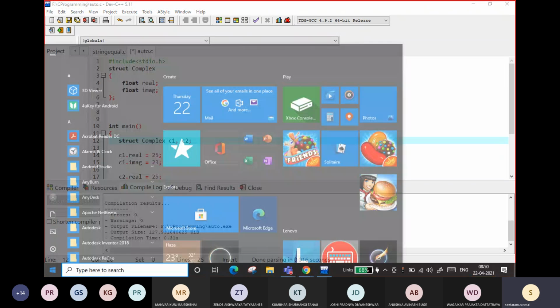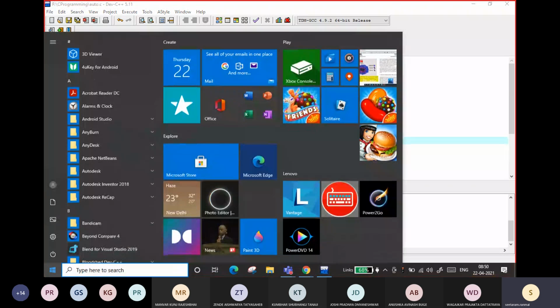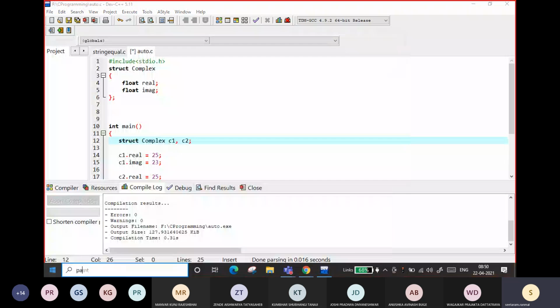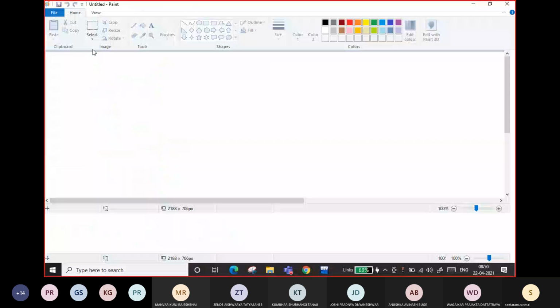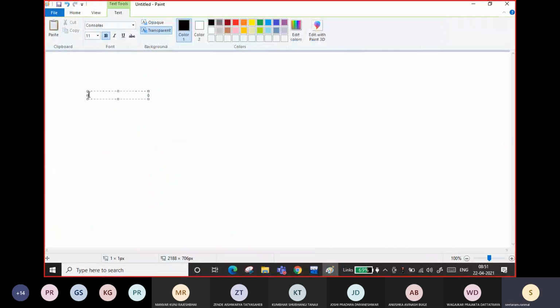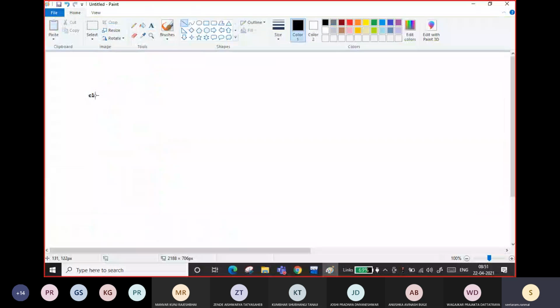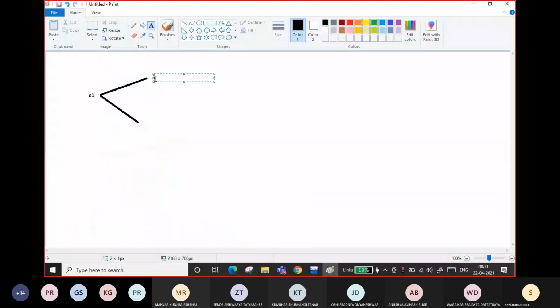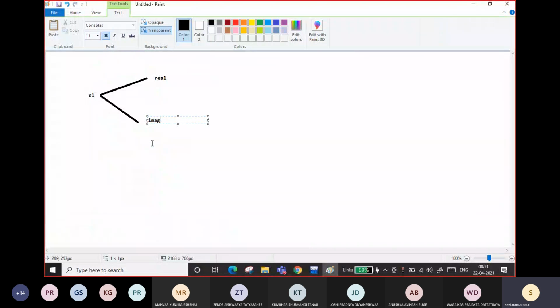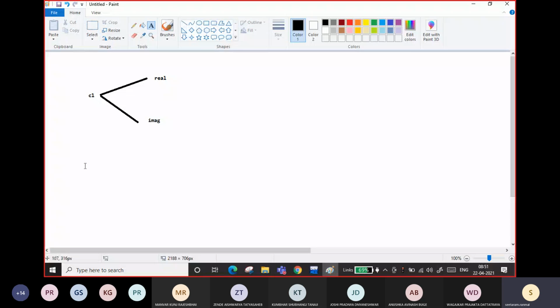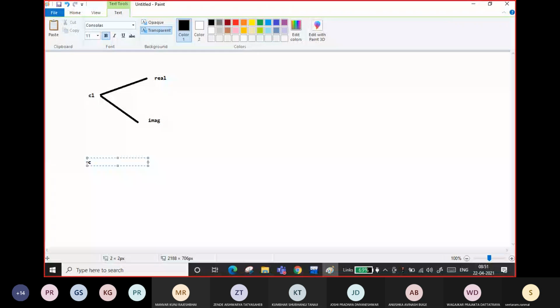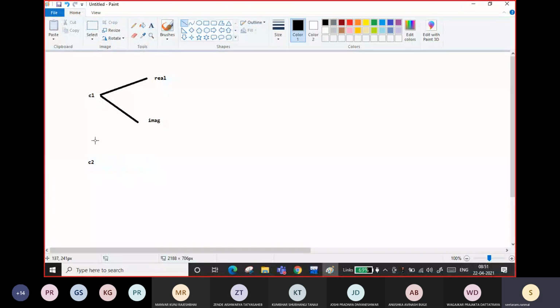So if you define a structure with the complex, whenever you define c1, it will be having the two pairs. One is real, and second is imaginary. Again, if you define the c2, again it will have the two members automatically, and they are different.